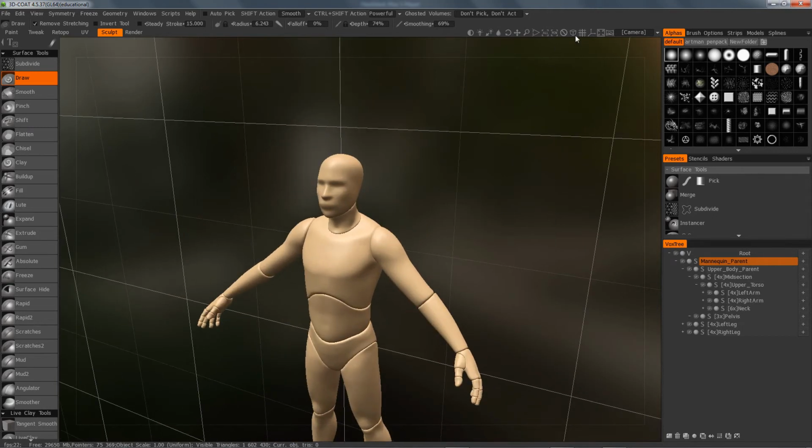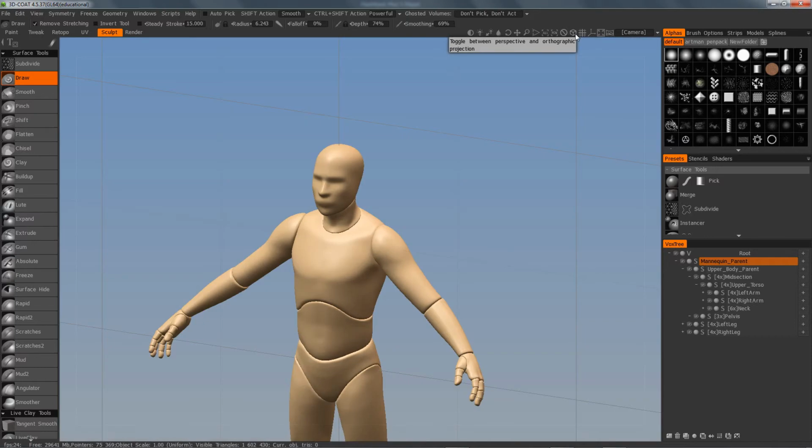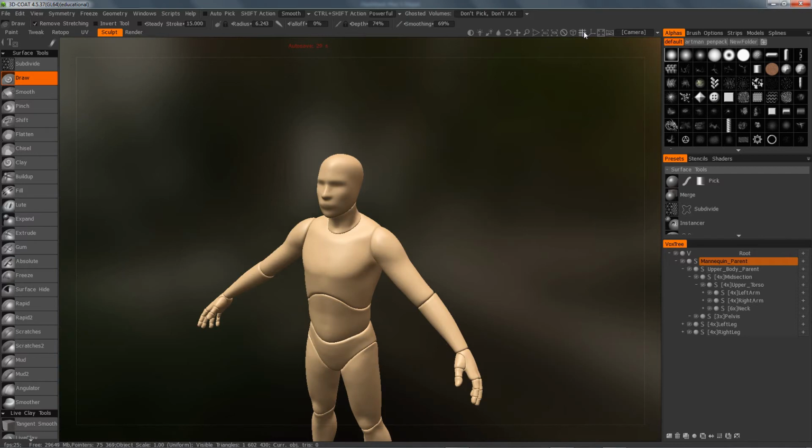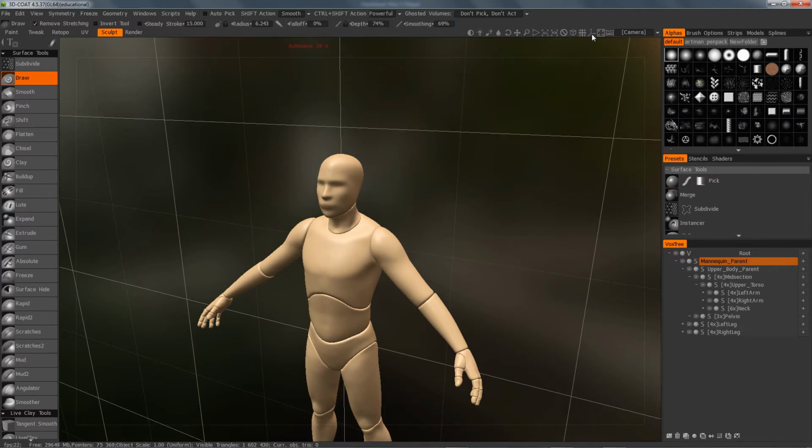So if you were looking for real accuracy, I usually toggle back and forth every so often to see what I'm getting, to ensure that I'm getting a good result. This turns your grid off and on. Easier to see with the dark background. Okay. This shows your